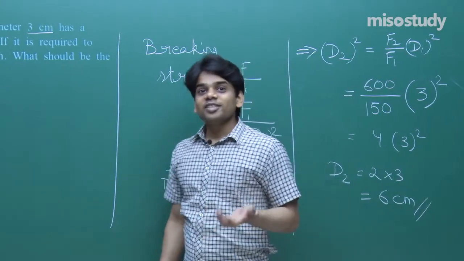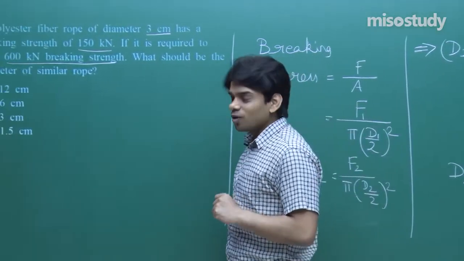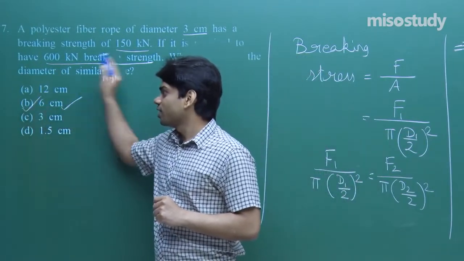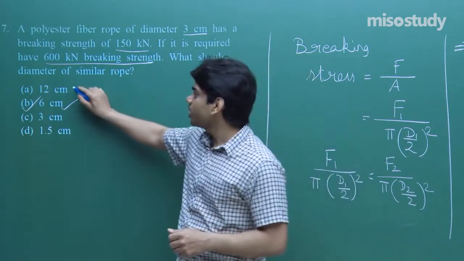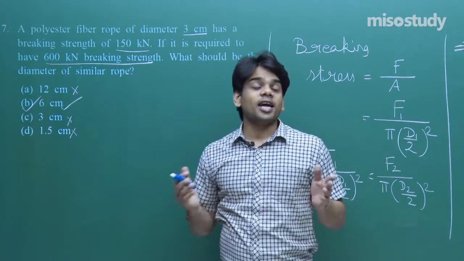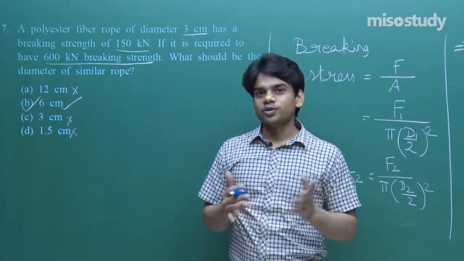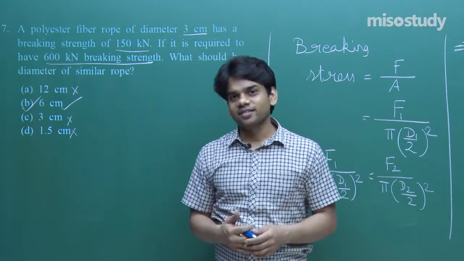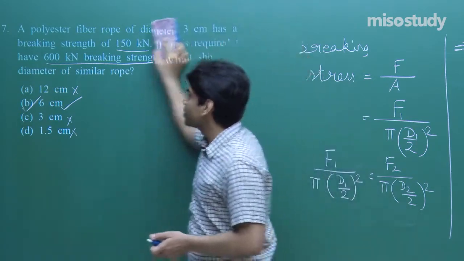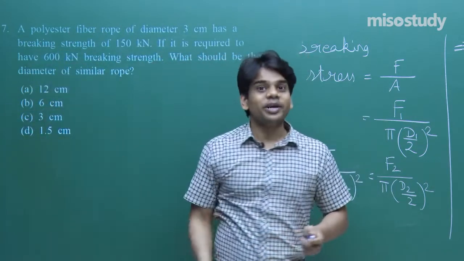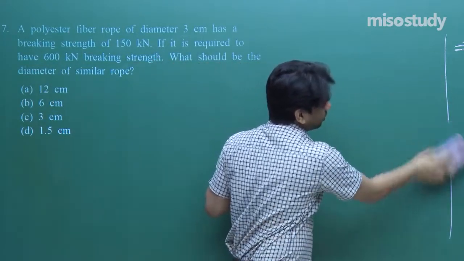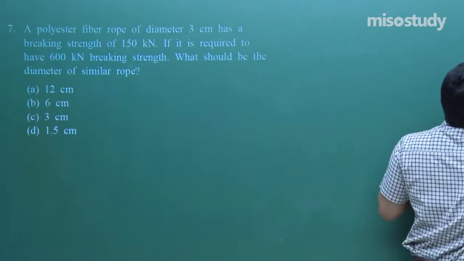That is, in the second case, you have to increase the breaking strength to 600 kilonewton. For that, the diameter has to be 6 centimeter. That is what we are gaining from this information. The rest of the options are incorrect. I hope that you have got it. Regularly I am telling you, don't use the force concept directly, use the concept of breaking stress. If you know the breaking stress has to be the same for different dimensions of the wire used when the material is the same, this is a good question to actually learn the concept of breaking strength and breaking stress.